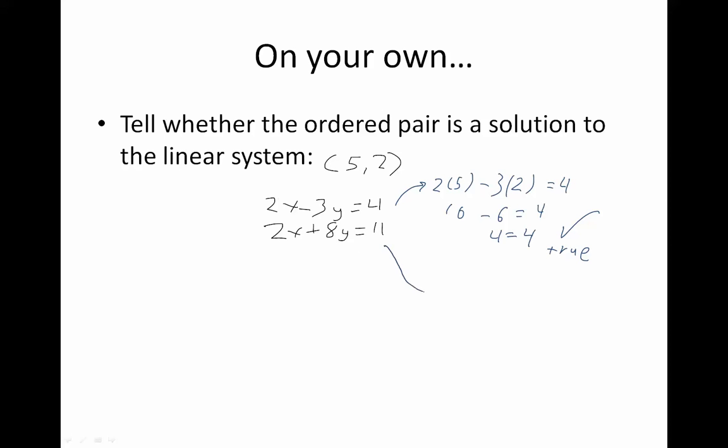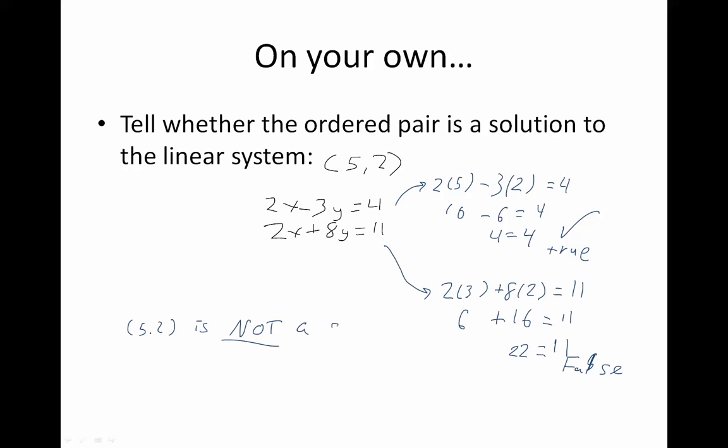We need to now check if this one works. So we're going to say 2 times 3 plus 8 times 2 equals 11. So that's 6 plus 16 equals 11, which is 22 equals 11. This is false. 22 and 11 are not the same number. Hopefully you recognize that. But what that means is that the point (5, 2) is not a solution because it was not a true statement